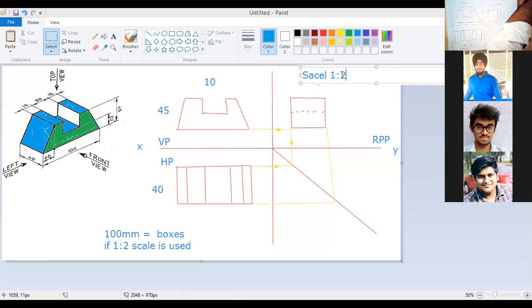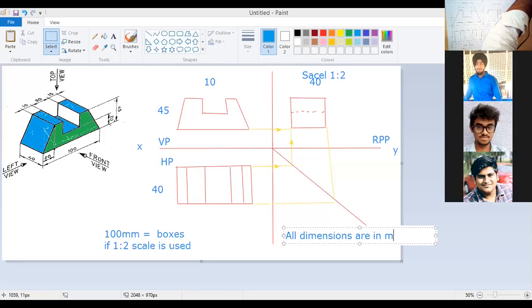If it is possible, you can accommodate and represent it as scale 1:1 as such. And after completing and dimensioning, you are supposed to represent that all dimensions are in millimeter. That is very, very important.